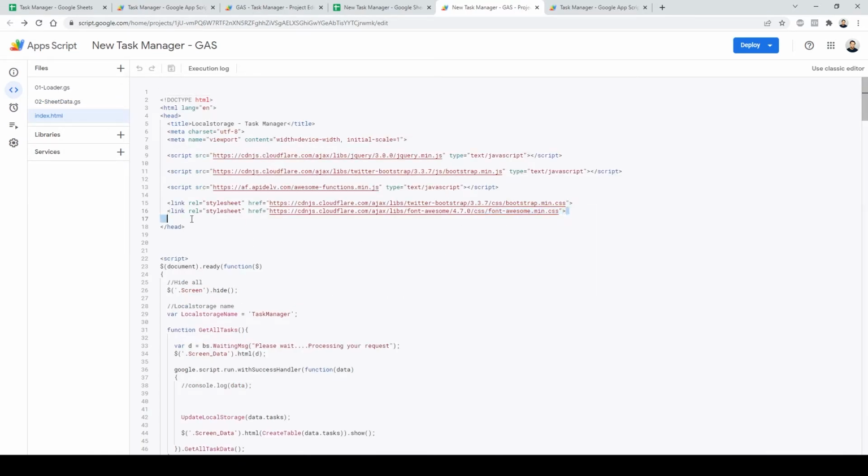So in the header part of it, I'm including my favorite jQuery, obviously at the very top, and then I have the Bootstrap framework, which has the version 3.7.7,